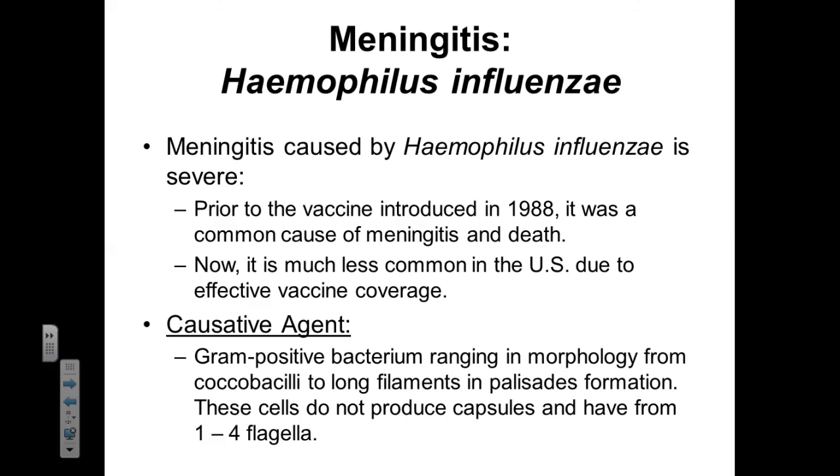This bacterium is gram-positive and ranges in morphology from coccobacilli to long filamentous pleomorphic forms. So this has pleomorphic morphology. It has multiple shapes that the cells can form. The cells do not produce capsules and have between 1 and 4 flagella. So while it may not necessarily have a capsule to resist phagocytosis, these bacterial cells will have flagella, which makes